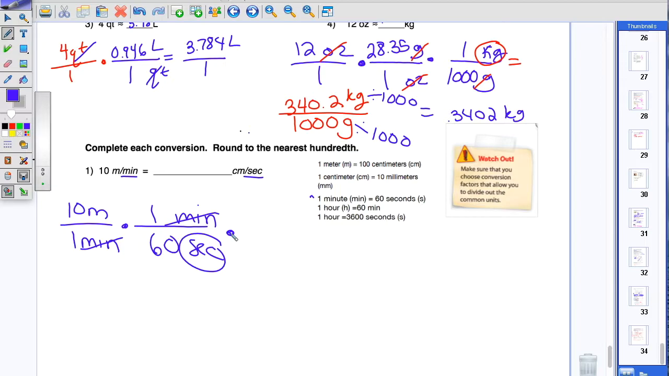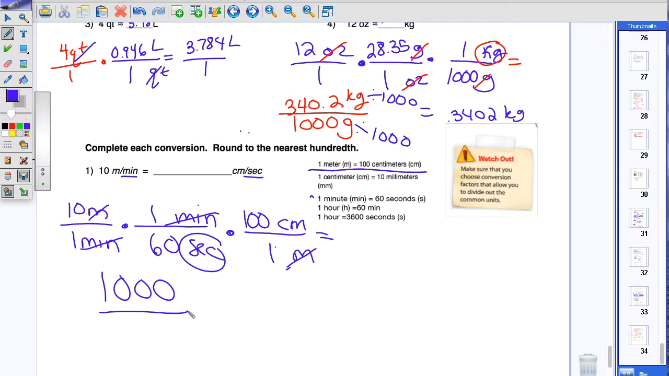Then we want to go from meters to centimeters. So there's our conversion factor there. So our meters goes in the denominator, centimeters in the numerator. So 1 meter in the denominator, 100 centimeters in the numerator. Your meters cancel out. Multiply going across, so 10 times 1 times 100 is 1,000, and that would be centimeters,